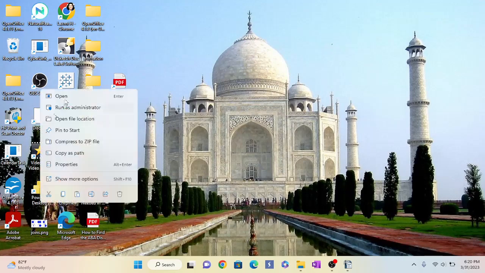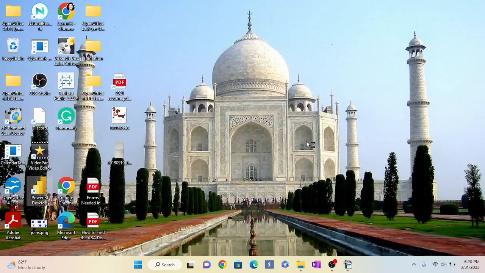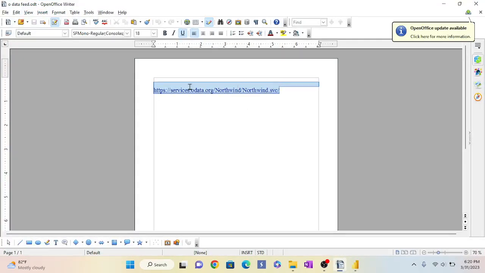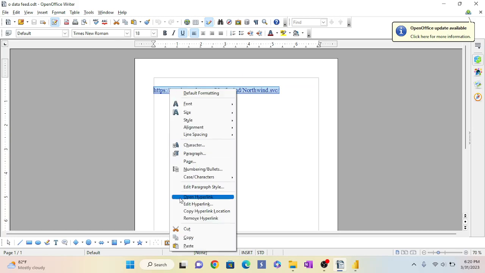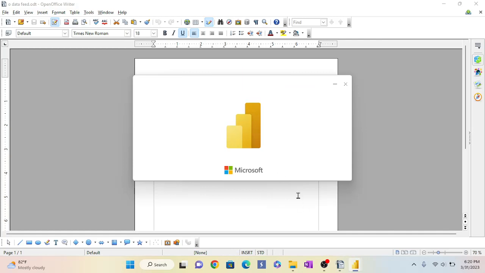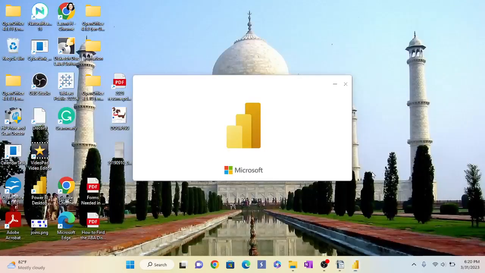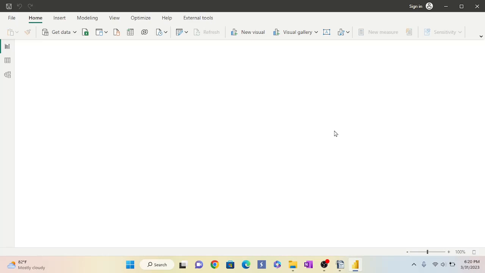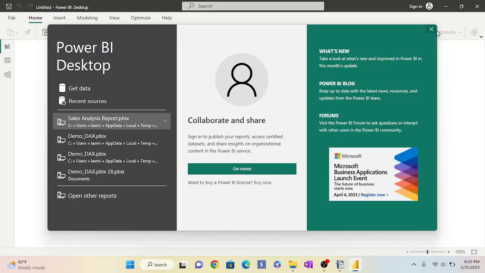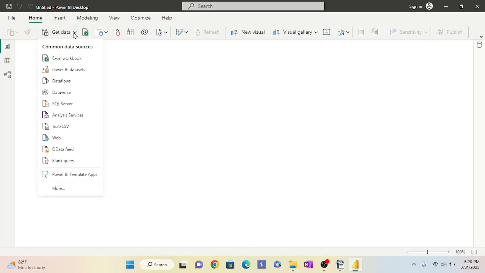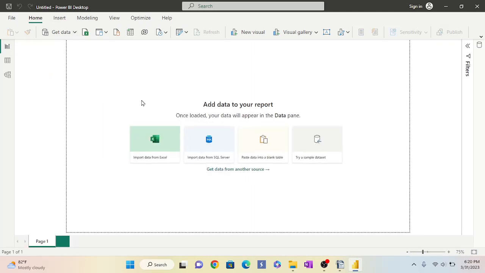So let us first open Power BI and start to bring data from OData feed and then start to work cleaning the data, merging and appending columns. First we will go to Get Data, go to More,